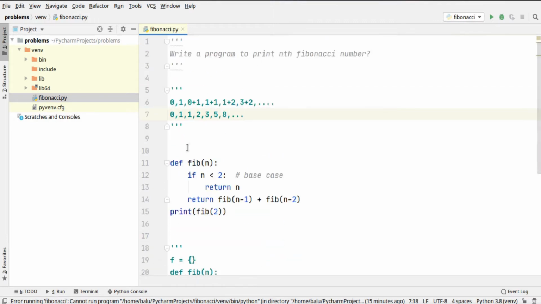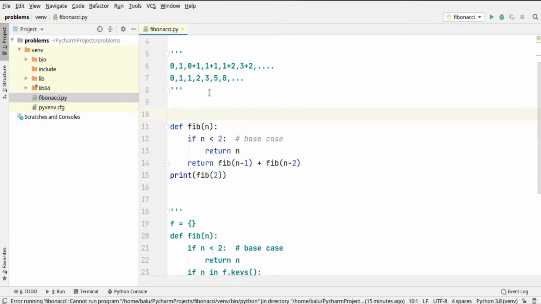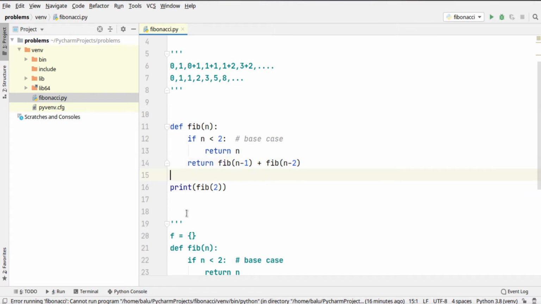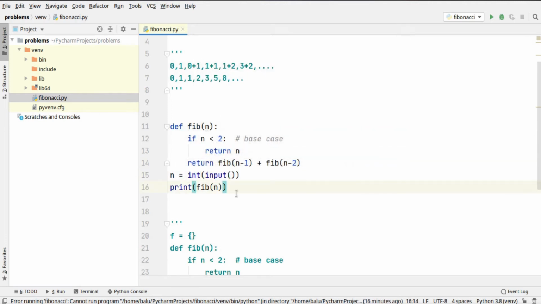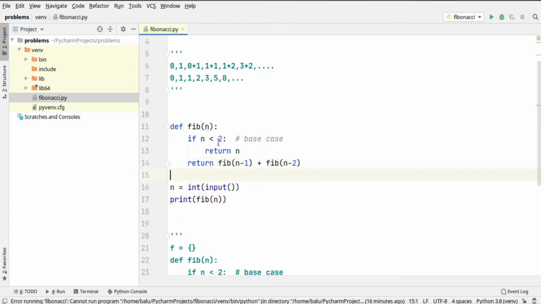So, coming to the problem, we need to print the nth Fibonacci number, taking the n value from the user. First, we will take n equal to int of input. We will pass that parameter to the fib function. The base case is n less than 2. When n is less than 2,